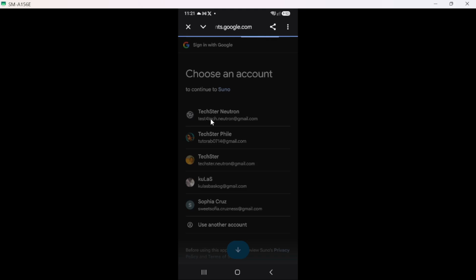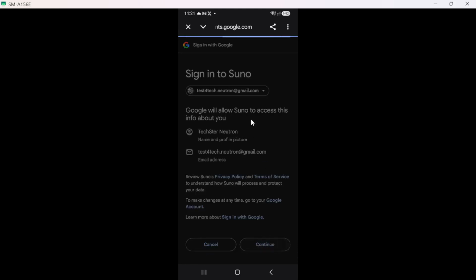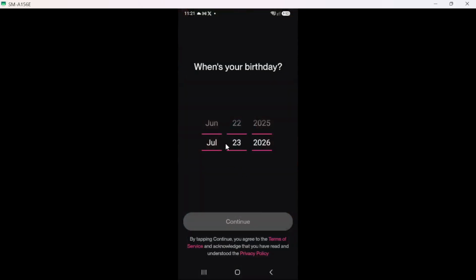Now, start creating music. Once you are logged in, you will see the main interface where you can enter a text prompt. This is where the magic happens. Type in your ideas, lyrics, or themes you want the app to generate music around. This step is significant because it allows you to customize your music experience based on your creativity. After entering your prompt, the app will generate AI songs, lyrics, and beats tailored to your input.